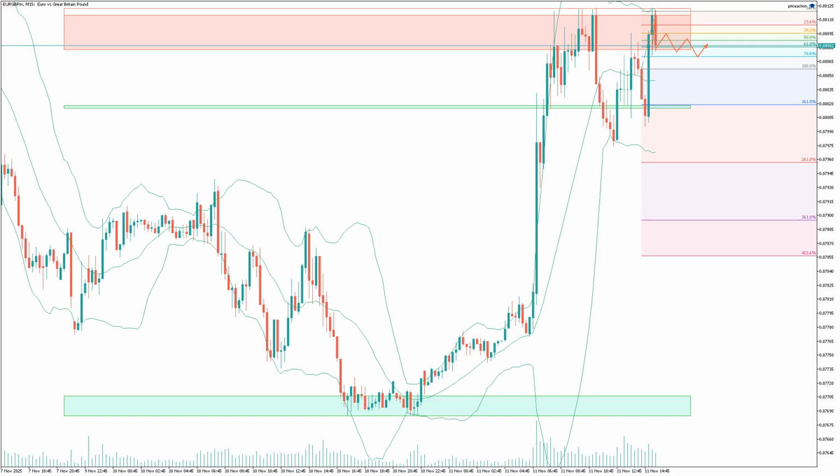selling pressure. Therefore, the predicted path involves a series of oscillations, an initial upward push towards 0.88095, followed by a slight pullback to 0.88075 as traders take profits or face resistance. The price is then expected to consolidate and attempt another upward move towards 0.88090, before potentially facing stronger resistance and pulling back to 0.88070. Finally, a potential surge towards 0.88085 could occur if buying pressure overcomes the immediate resistance, before